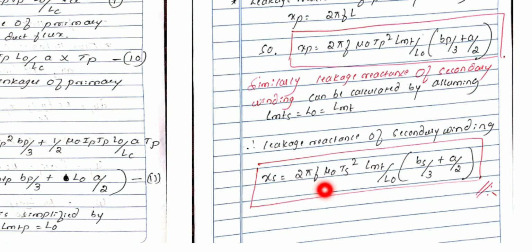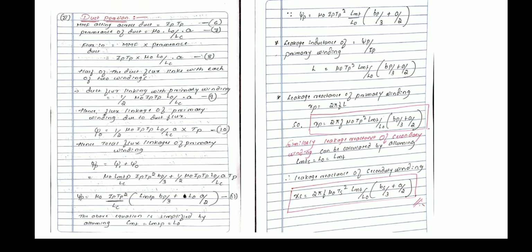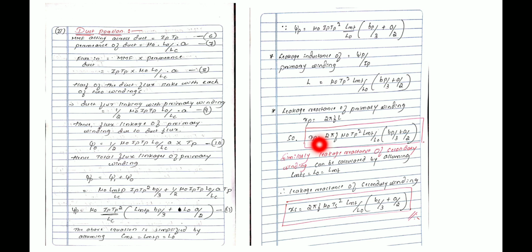So this XS will be equal to 2 pi F mu naught TS square, instead of TP, the secondary side, LMT divided by L0 into the bracket of BS divided by 3 plus A divided by 2. Here for primary we had taken BP, but here for secondary it is BS. So all together, leakage reactance in primary winding and leakage reactance in secondary winding